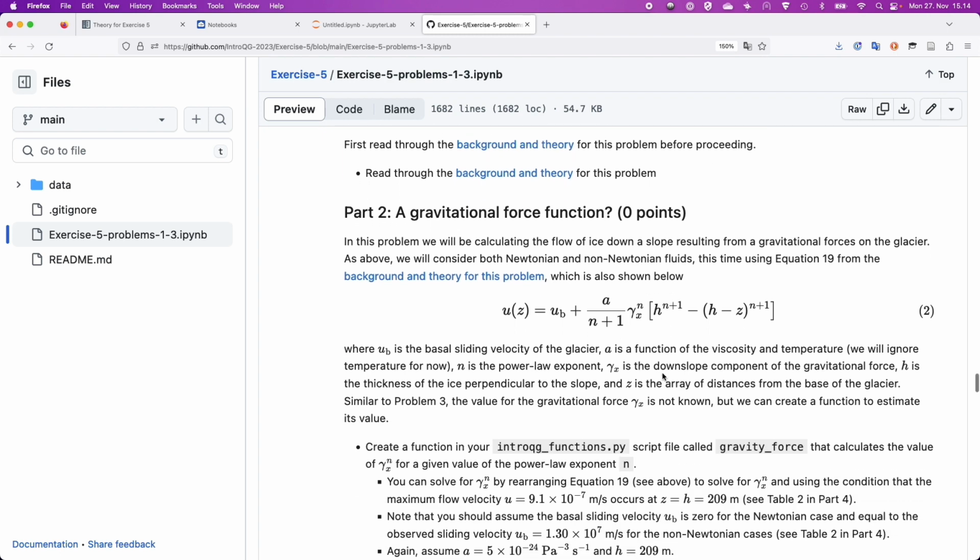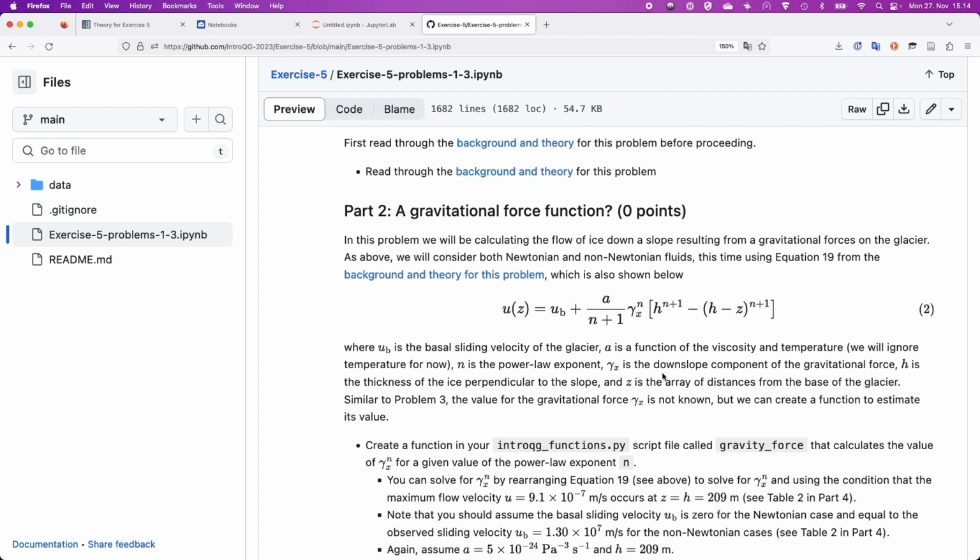And again, for this, there's the background and theory section you should have a look at first, because now we're looking at a kind of cross-section view of the ice rather than the map view we had before, and we have a different velocity profile as a result. So you're given this then, and like before, we have this weird term in here. In this case, it's gamma x to the power n. So this gamma x term is an unknown gravitational force term